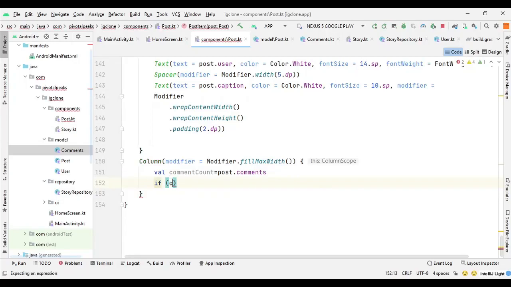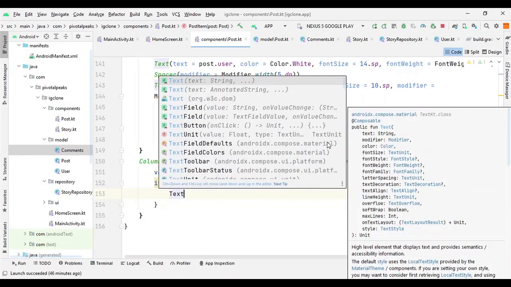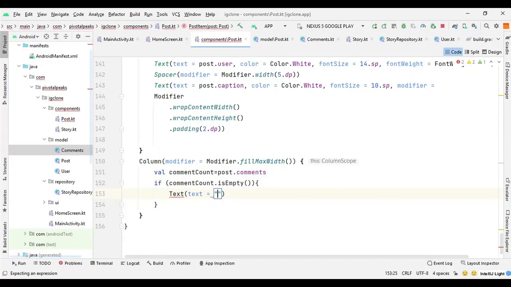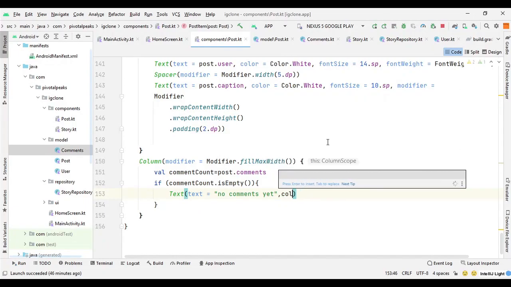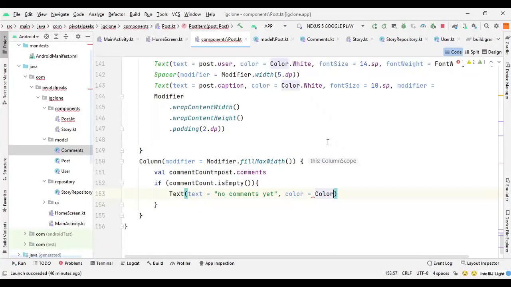So we can say if comment count dot is empty, then we will say text, and here we can say no comments yet, and we can also pass the color, so color dot white, and font size 12.sp.